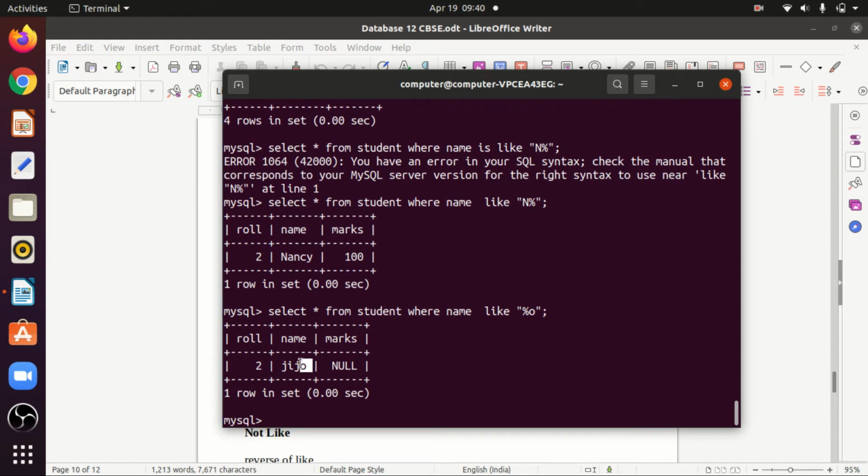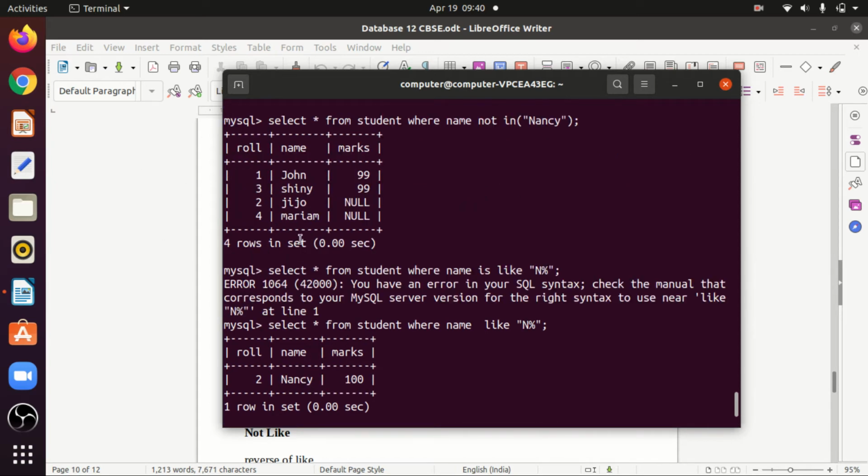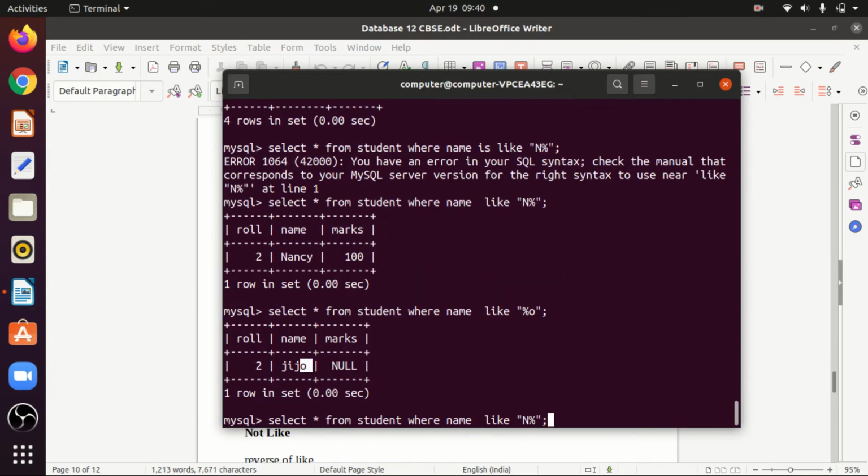But if I want to find a record whose second character is, for example, H, for that I use underscore for the first character, anything.